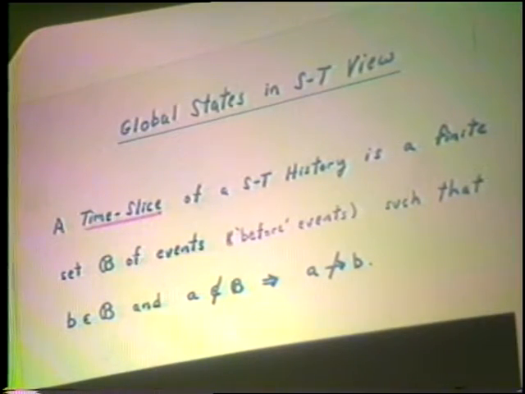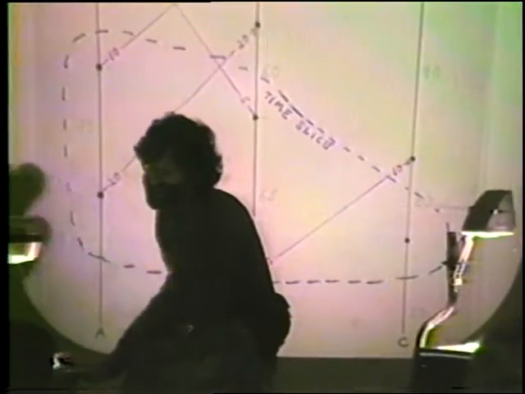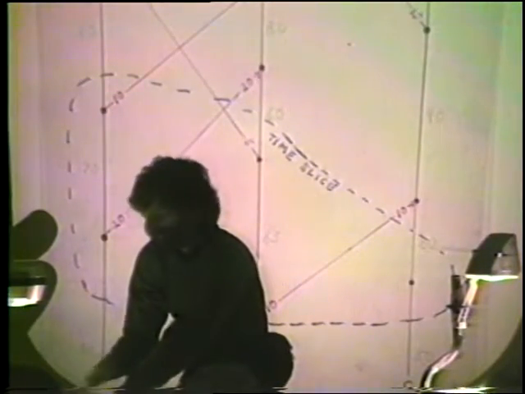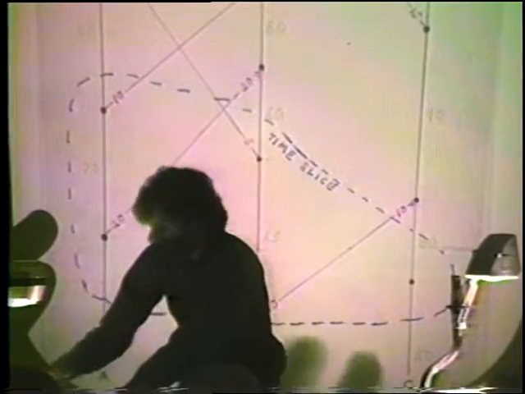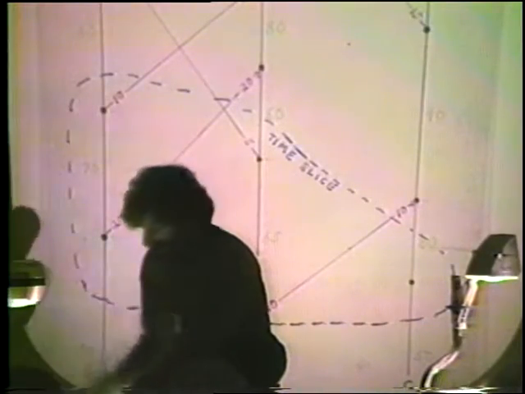And intuitively, let me give an example. This is a time slice, the set of events that are inside this purple region. And you sort of think of the time slice as being the forward edge of it. You sort of think of the time slice as the time after this event, and before this event. But formally, it's a set of events that occurred before that time slice. So this is a valid time slice. It's a finite set of events such that there isn't any event in the set that's preceded by an event that's not in the set.